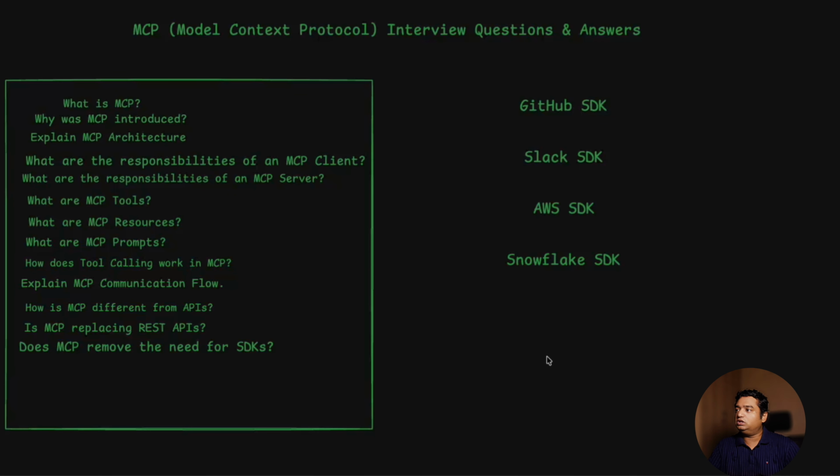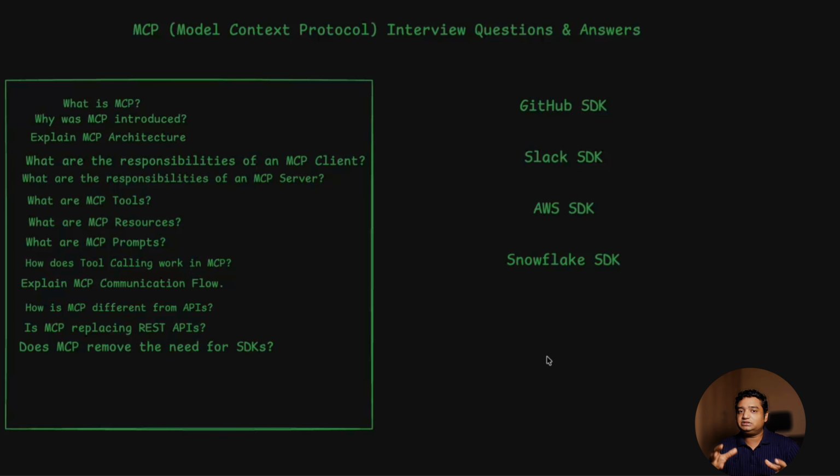The same thing you can do with GitHub or Slack, but you have to write a custom Python program to connect to them. Yes, MCP removes that. When you're using MCP in an AI application, you're not worried about the SDK. All this headache has been taken care of in the MCP server.